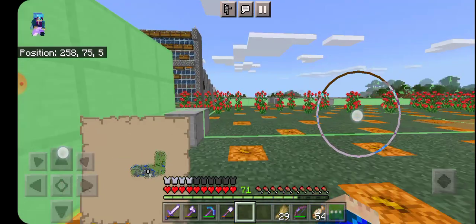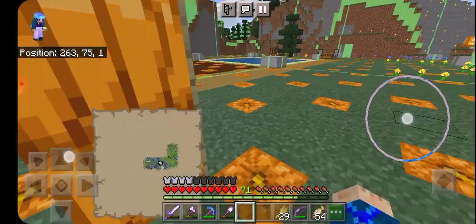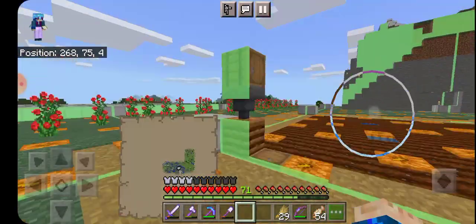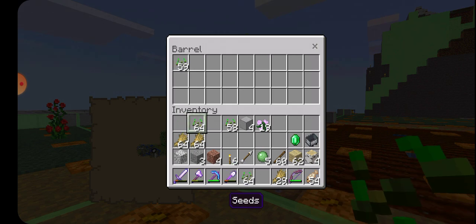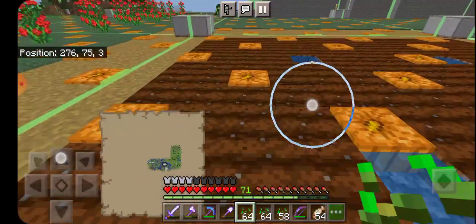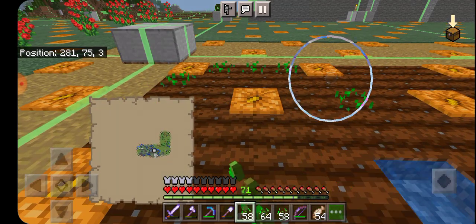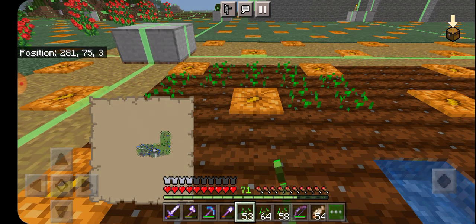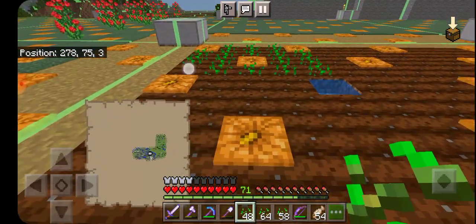Skeleton horse is still doing fine. That's good. Let's see. I want to store about a stack of seeds in there. Then I want to enjoy having more wheat growing, because